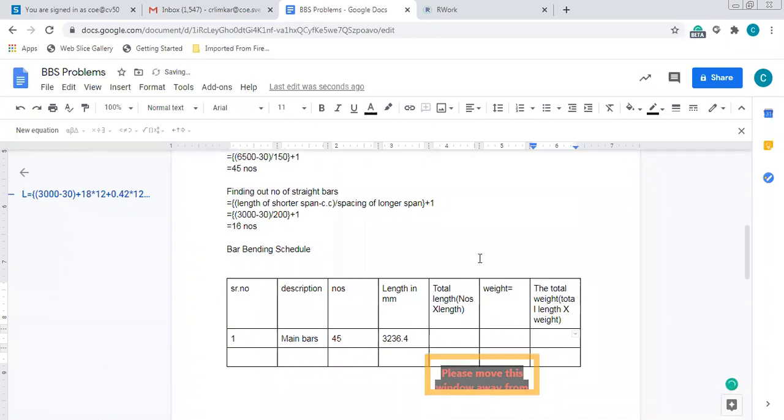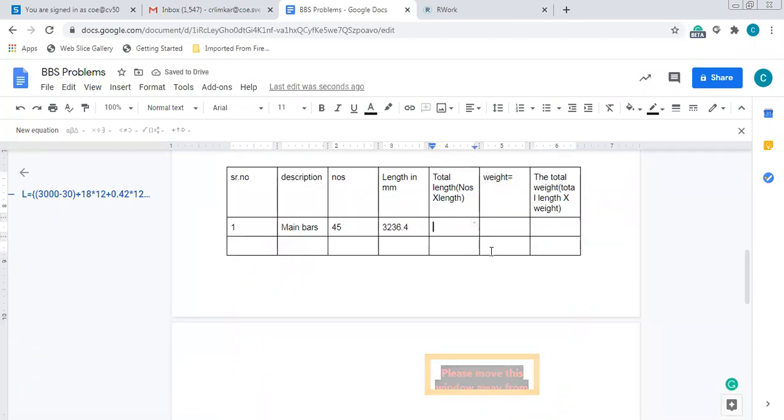Okay, so in this fashion you have to put the values. What will be the total length? Total length is nothing but, you can take it in mm or you can take it in meters. This is in mm, so you can convert it into meters. So if you do the calculation,